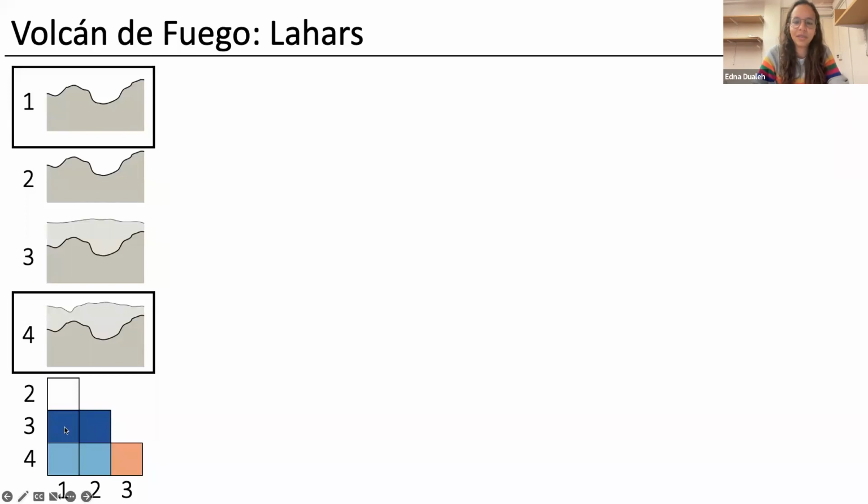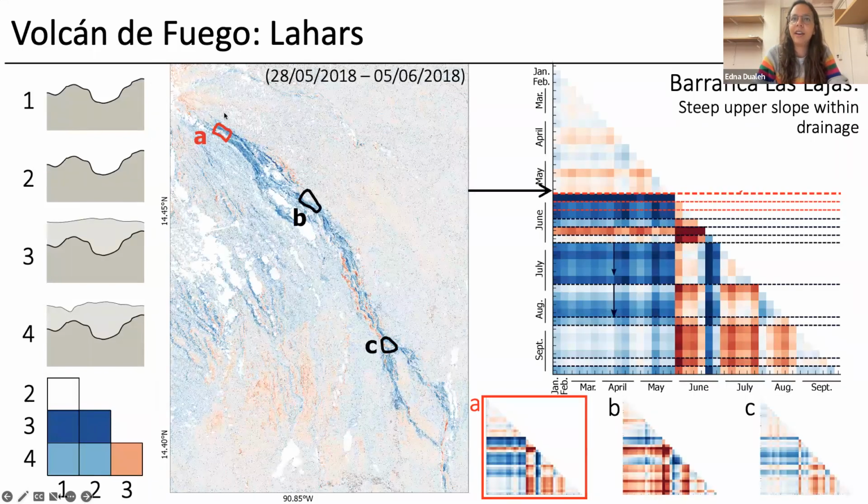So if we do this for a specific area in our data set, we get a grid that looks like this. So this is for the upper section of the main pyroclastic flow associated with this eruption. We can see this period of relatively small changes in the radar backscatter, which is associated with a time before the eruption where there was low volcanic activity as well. And then we get this sudden decrease in the backscatter, which is associated with the emplacement of